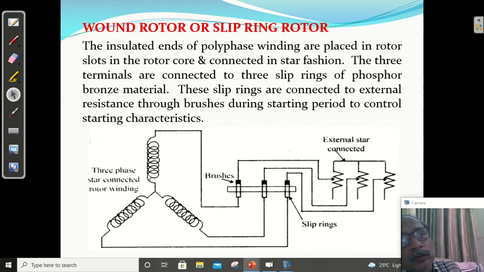So you can control the torque, you can control the power factor, you can control the current, etc. If you want to control the starting torque, if you want to increase the starting torque, we have to use the slip ring induction motor. Always slip ring induction motor will be star connected. डेल्टा नहीं होगा. डेल्टा में हाउ विल यू सपोज करो कि हमने डेल्टा मान लिया. ओके, मैं आई विल डिस्कस दिस पॉइंट लेटर ऑन.